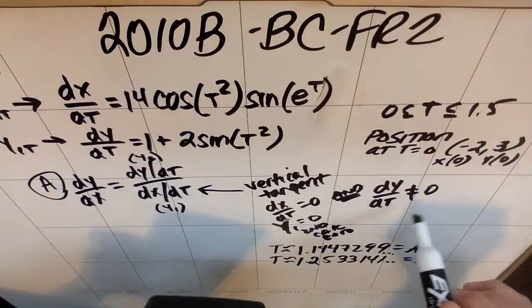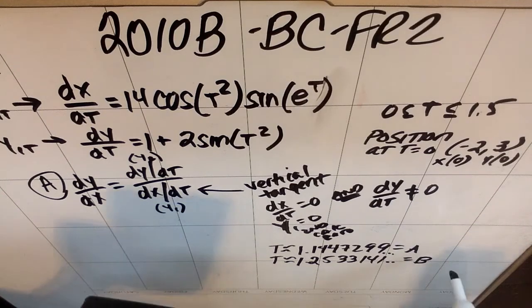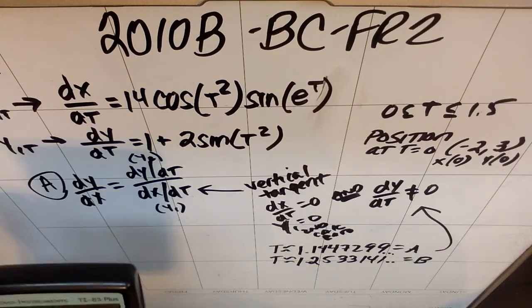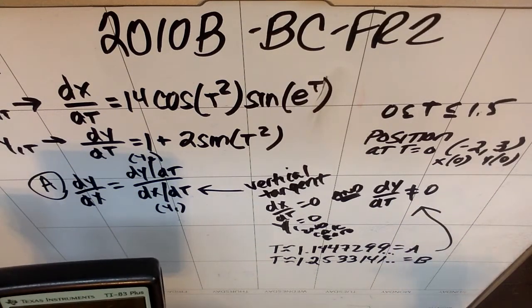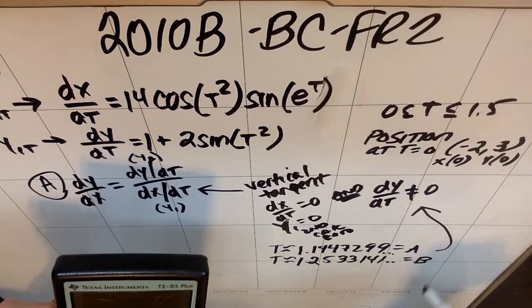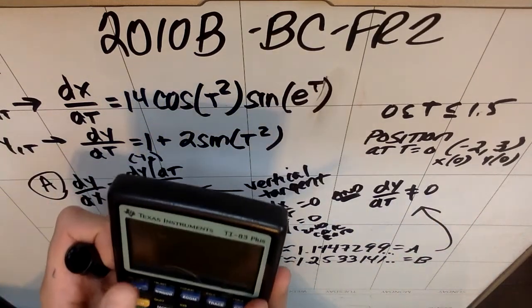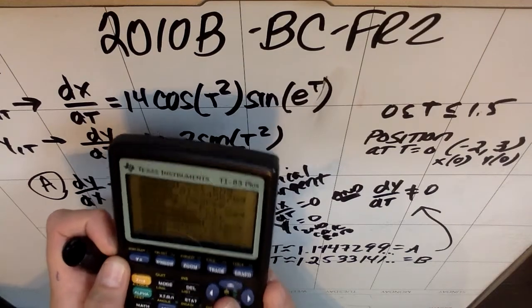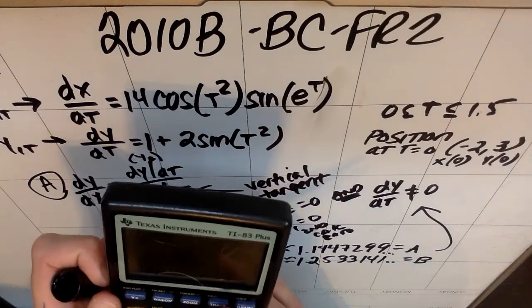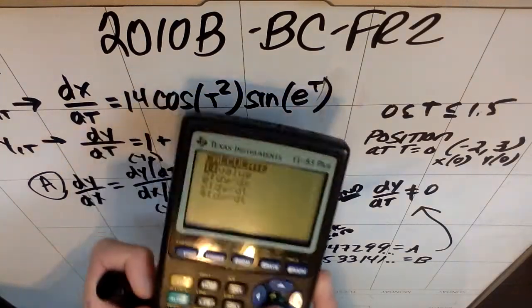Okay, so here's the thing. I don't need to find where dy dt is equal to 0. I just need to check that at both of these t values, dy dt is not 0. So if I go back to my mode, and I go back to parametric, although parametric doesn't let you second calc 0,